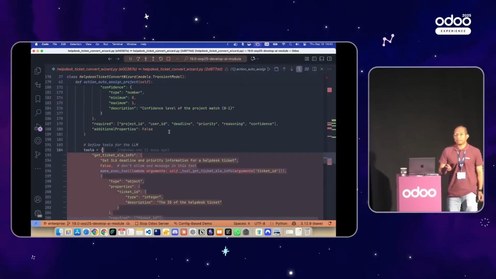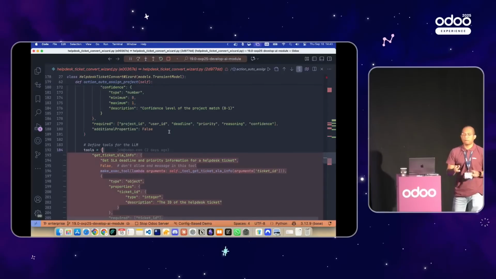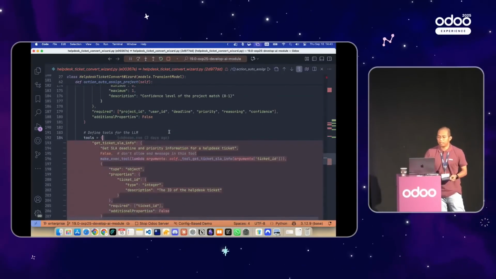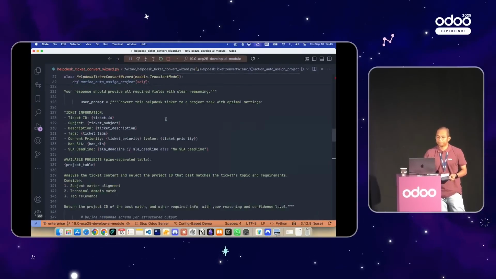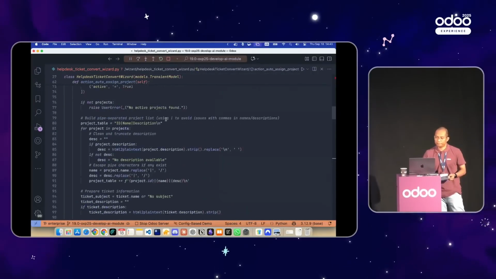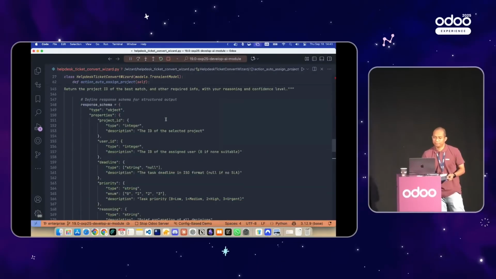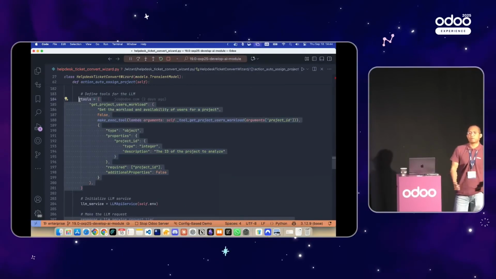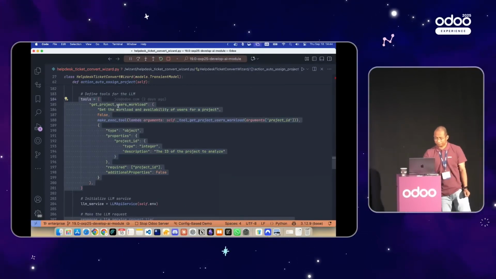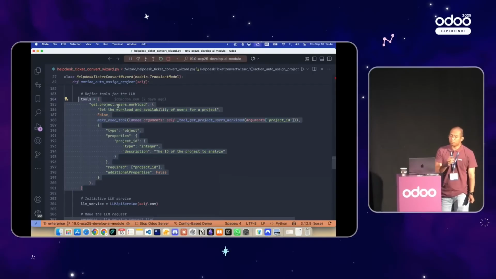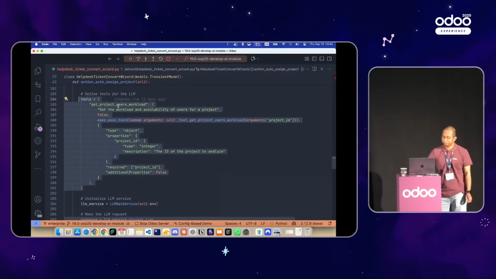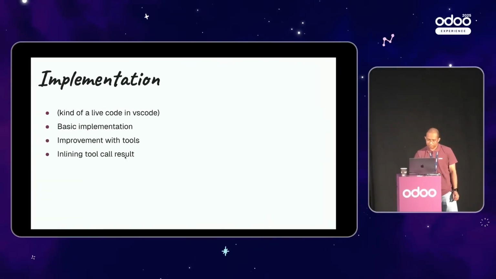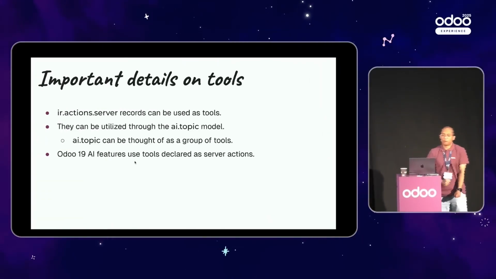But in fact, that's in a way a low-level way of doing it. The tools that we made are declared... Sorry, where are the tools? Yeah. So these tools are formatted for the request to the LLM, but in fact, there are other ways to introduce tools. Okay. As I told you,